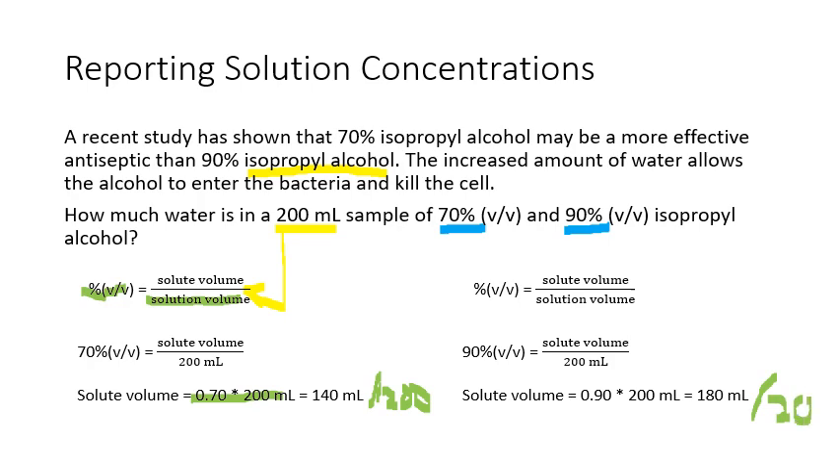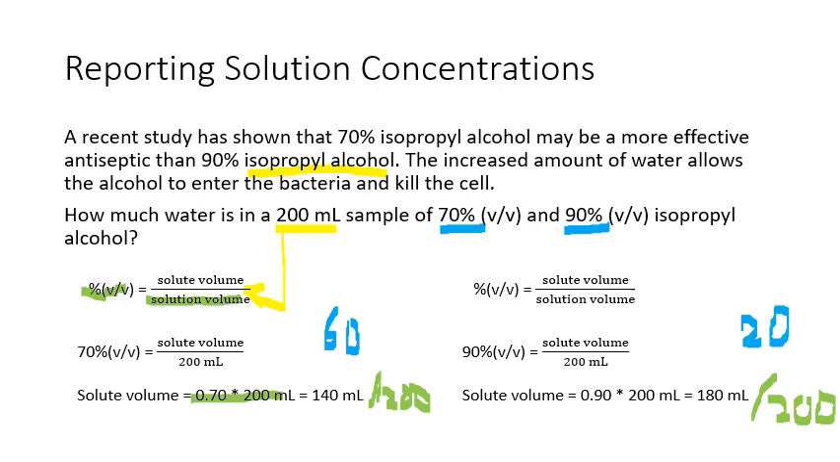is alcohol. So in the first sample, we essentially have 60 milliliters of water and 140 milliliters of alcohol. And in the sample on the 90% side, we have 20 milliliters of water and 180 milliliters of alcohol to give us a total volume. So one sample had 60 milliliters of water plus 140 milliliters of alcohol. That gives us a total volume of 200 milliliters. And since 140 milliliters of the 200 milliliters was alcohol, that means 70% of the volume of the sample is